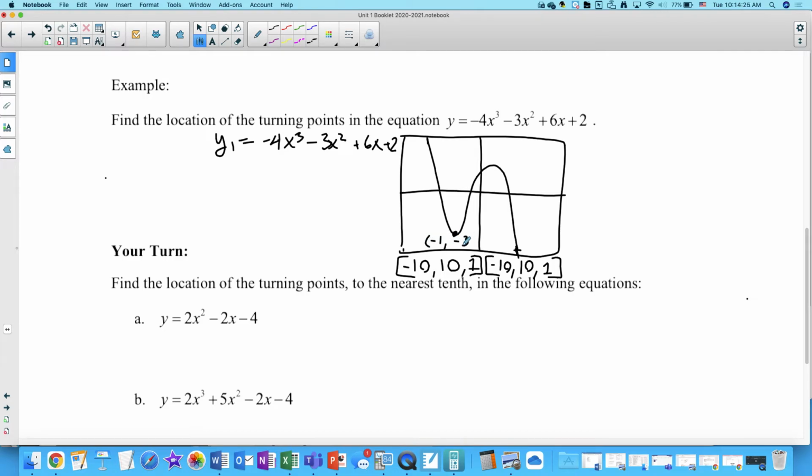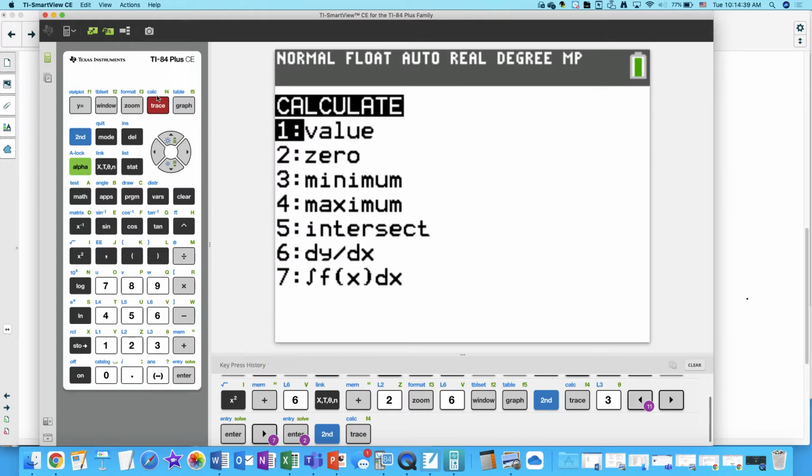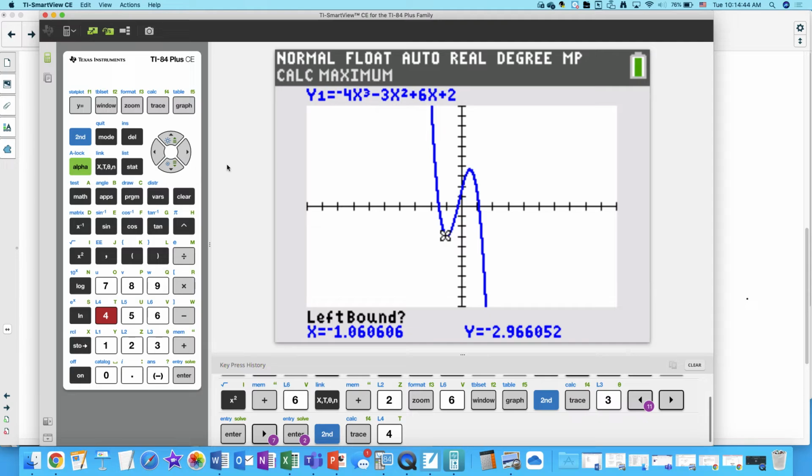If you want to know the max value, you hit second, trace again to get to that calc menu, and go to number 4. Again, you have to go to the left and the right. Here's the max one. The left is kind of over here, and the right is over here. You have to know your lefts from rights for these types of things. Hit enter, then go to the right and hit enter. I want it to guess, and that point basically is 0.5,